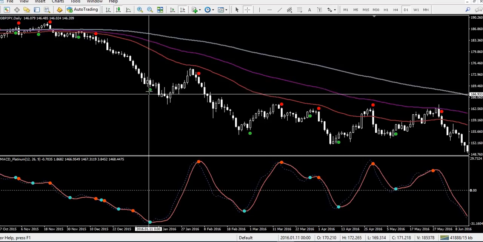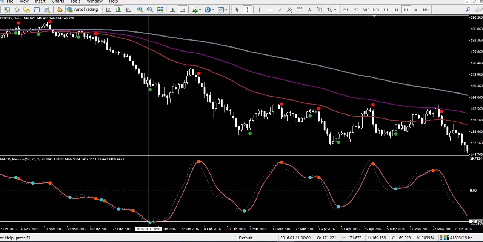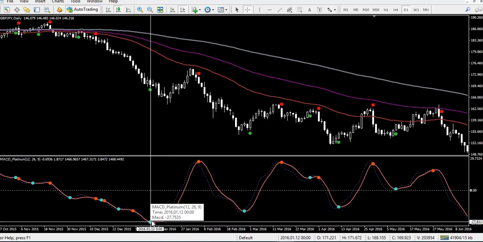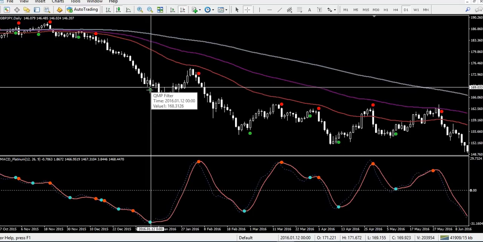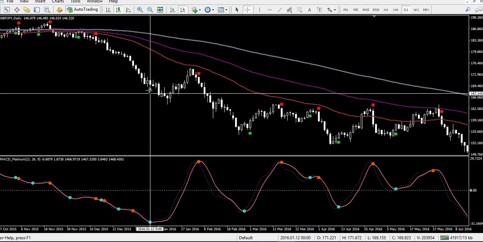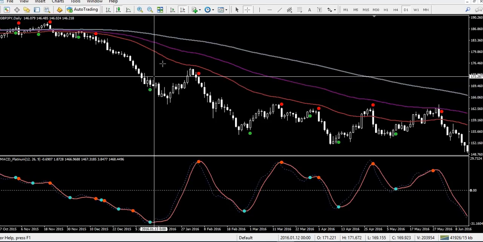We've got a green dot on the QMP filter here, and we've got a blue dot on the MACD Platinum below the zero level. So remember, that sort of tells me to buy, and that green dot you can assume is a buy signal also, which means the QQE is also crossed. But why would you take a buy trade there? There's no reason to take a buy trade there at all. You'd be fighting into the trend,